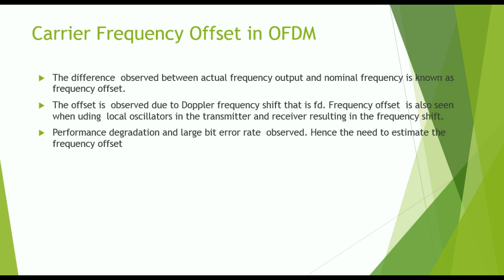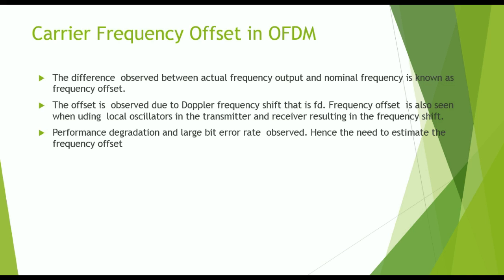OFDM system is a victim of frequency offset due to the presence of local oscillators in the transmitter and receiver. This results in the frequency shift. The repercussion of such a shift in frequency is felt in the performance degradation and large bit error rate. When demodulating something like a symbol synchronizer, the offset is also observed due to a Doppler frequency shift. This gives rise to a need to understand the frequency offset better and also to understand the techniques to estimate